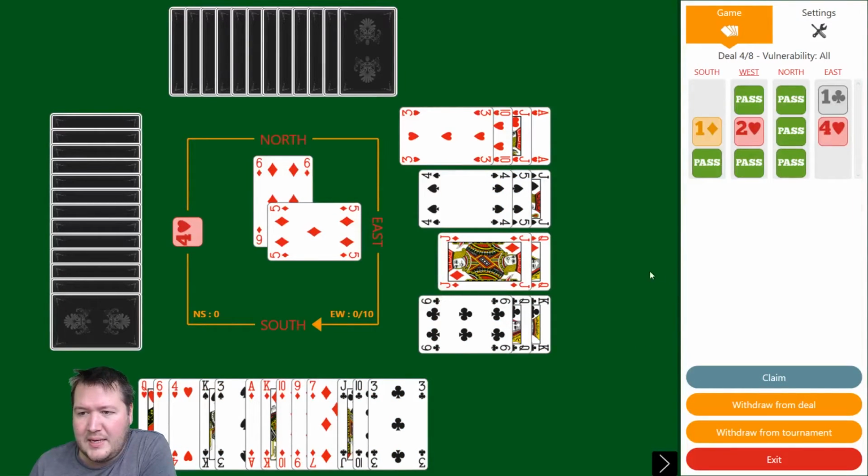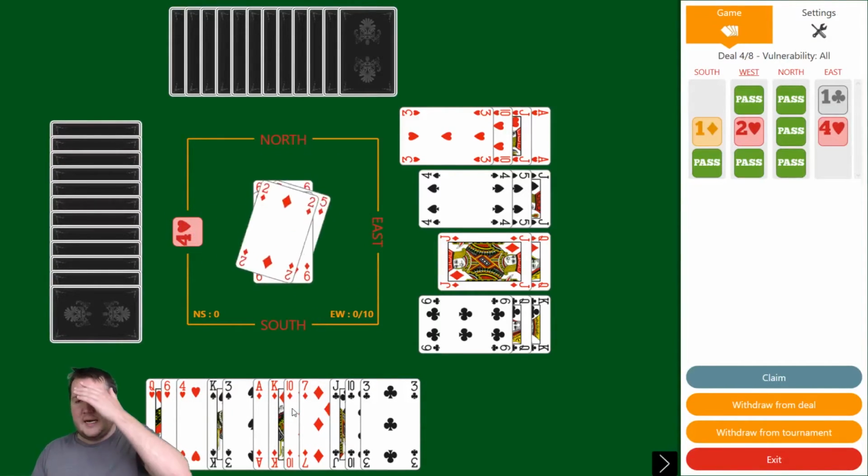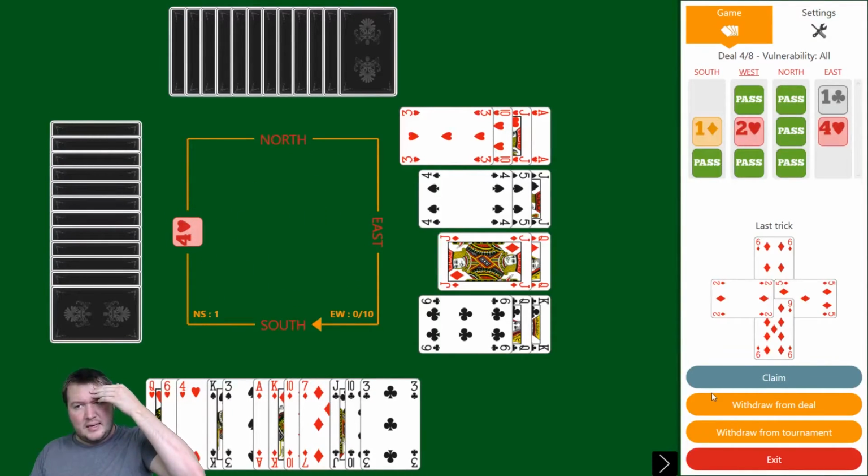Low diamond, and they didn't put in the queen or the jack. Okay, so dummy has 14 high card points. West has 9 to 11 with clubs and...